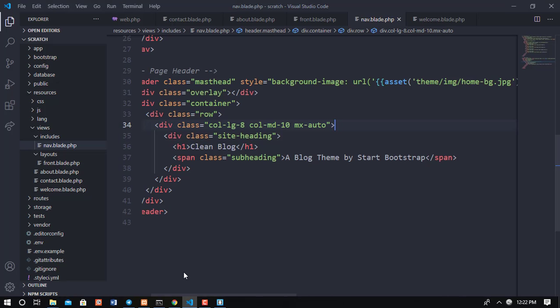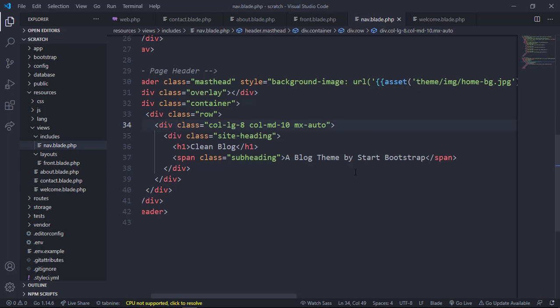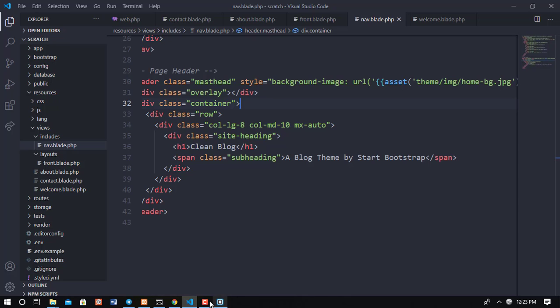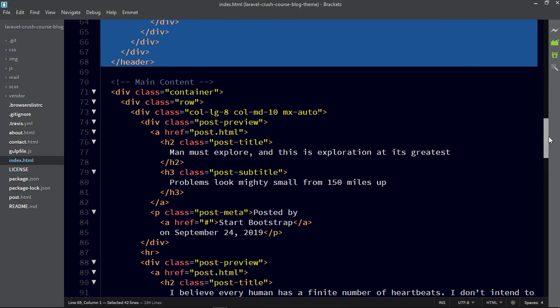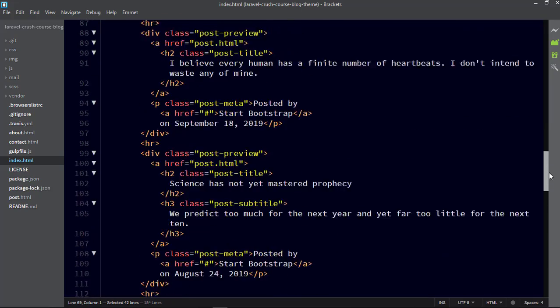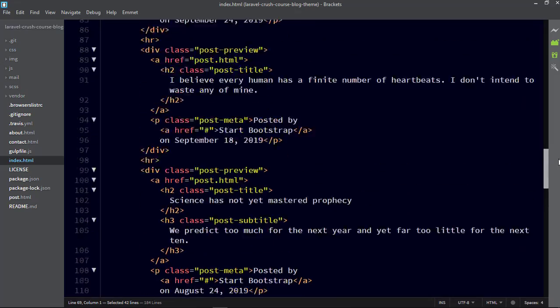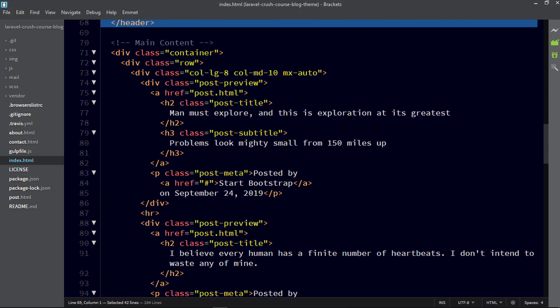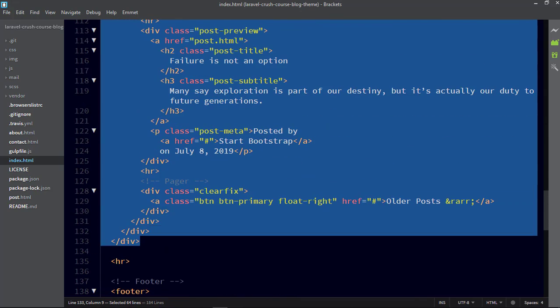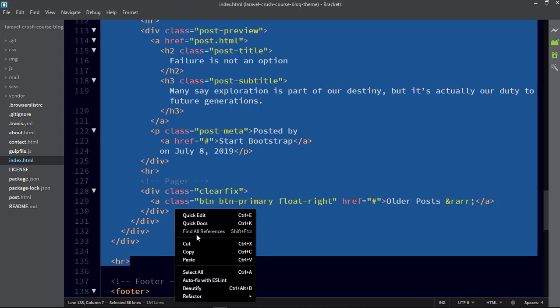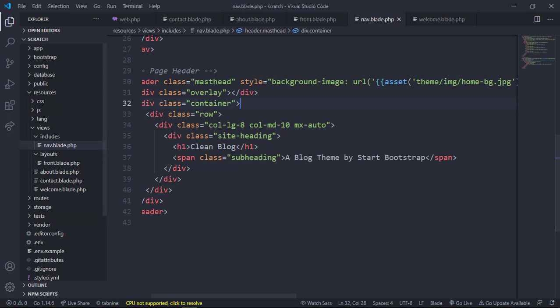But let's finish the process of importing. We've just done the navigation bar, and in fact this header should not be there because it is there for every page. But let's do this: let's now import the main content section. So let's just copy the main content section, all of it up to here, and we'll bring it inside the